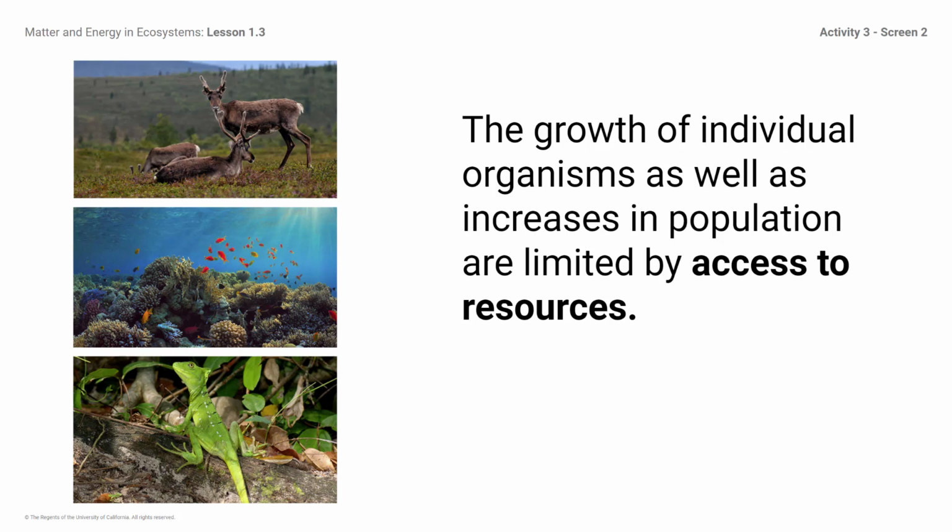For example, plants in the Arctic can only grow when they have access to sunlight, and they don't grow very large since sunlight is only available in the summer. The amount of resources available affects the size of populations too. For example, there can't be large populations of fish around coral reefs if they didn't have access to all the energy storage molecules from the other organisms that live in the coral reef environment.